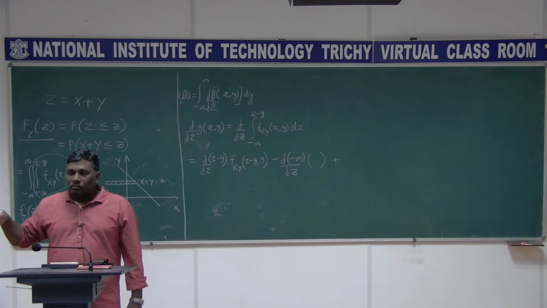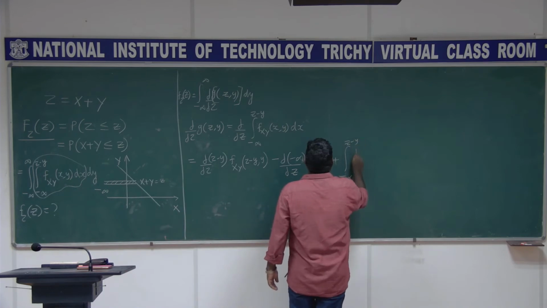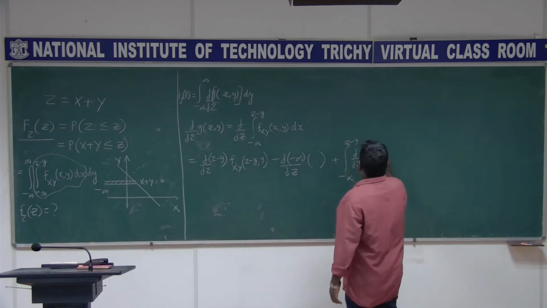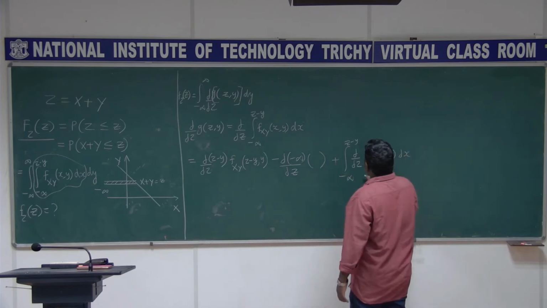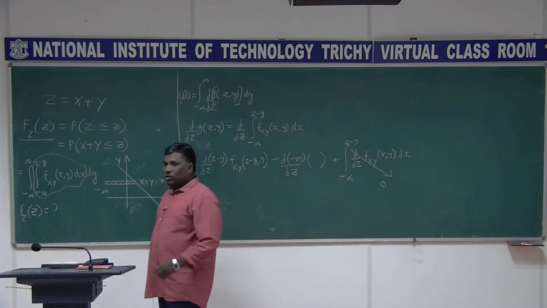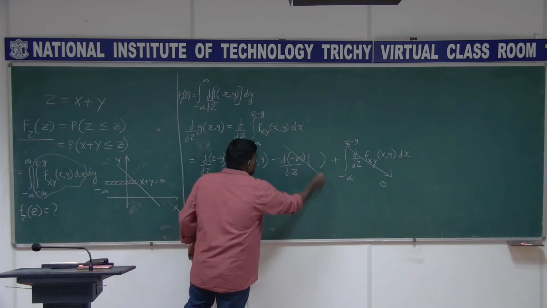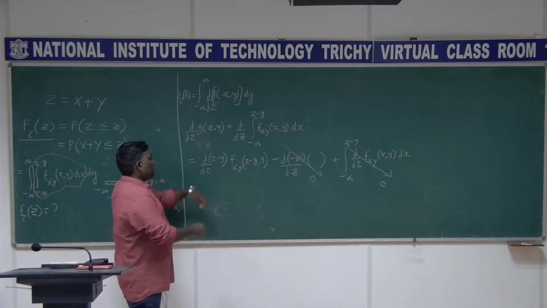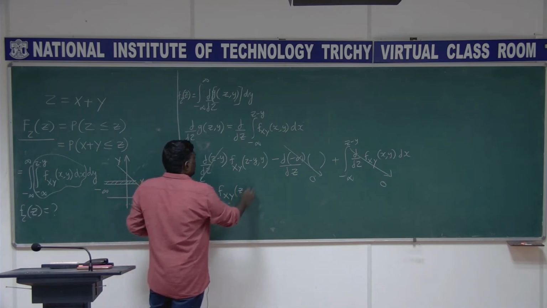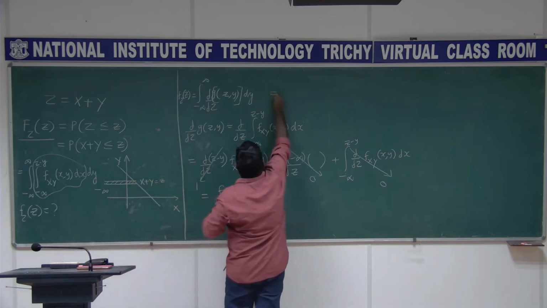But the second term anyhow is going to be 0. We have the third term. In the third term, you bring the differentiation inside the integration, like this, x comma y. In fact, this is also going to be 0, because you have a function of x and y and you are differentiating with respect to z. So this is the final thing, and this derivative is 1 here. So this ends up with fxy of z minus y, y. I replace this one here to get the final result.